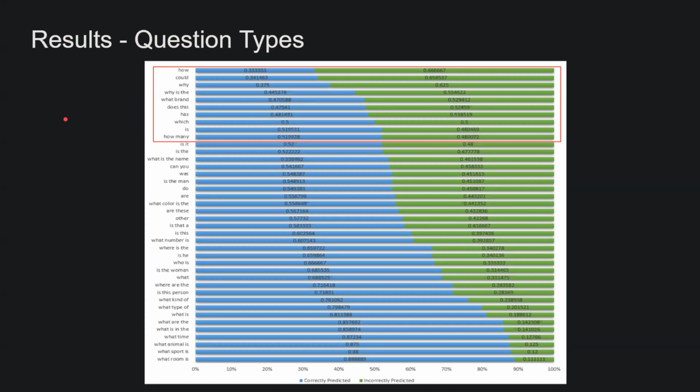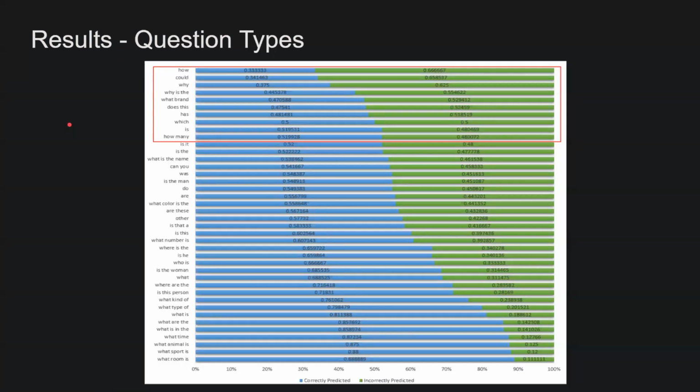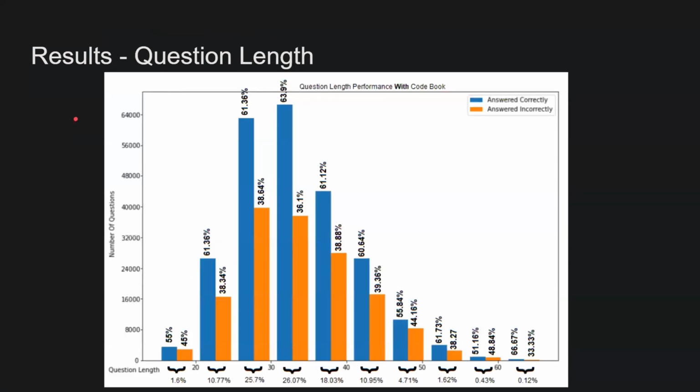But unfortunately, the codebook showed the same weaknesses, but it achieved an overall better result. We speculate that if we were to pre-train our decoders for a panoptic segmentation task, the model might be able to improve the accuracies on the high-level questions, but that will be for future work.